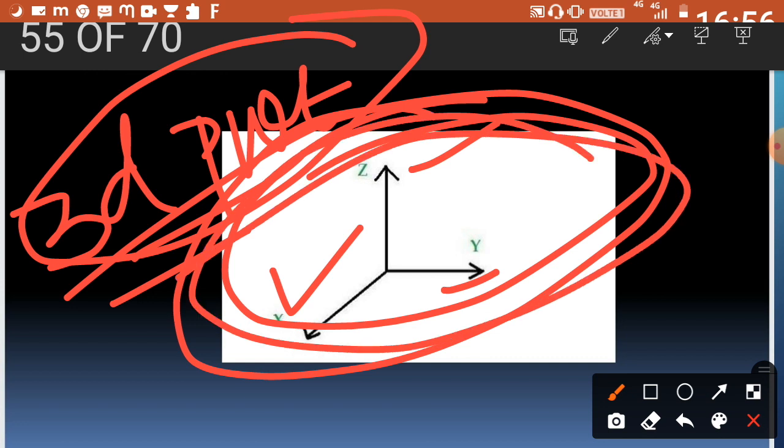One more thing I want to make clear: please don't go too deep into the topics, because we have to write the theory, and I am not a statistics expert either. Just understand the basics of what we have to write in the examination. I think whatever I am explaining is enough for the theory. So let's move on.